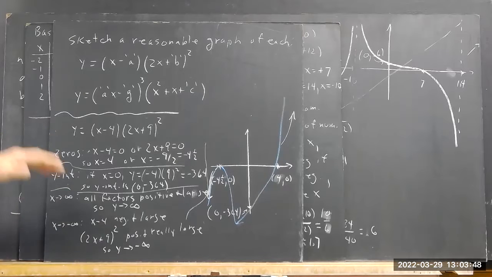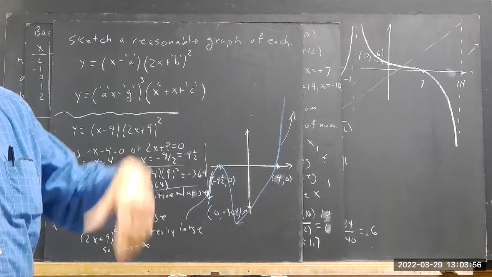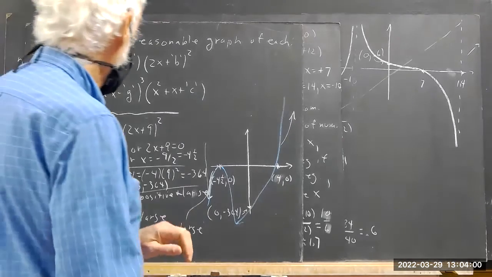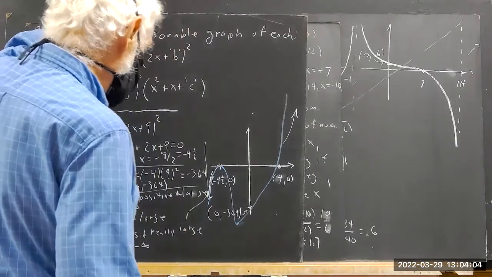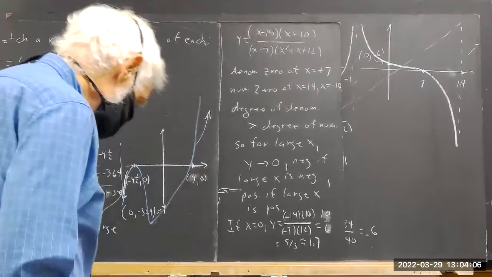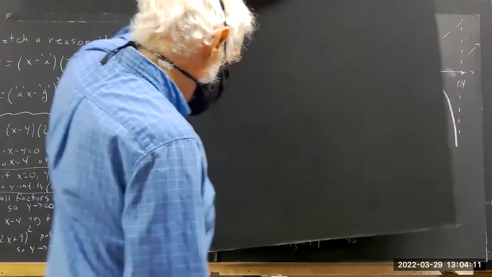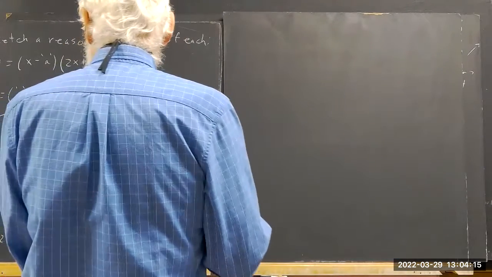Now that's a few steps and there are things to understand. You want to be sure you understand those things because before long, we're going to be graphing rational functions, which have vertical asymptotes and stuff. And it's a little more complicated. Okay. So we have another one, and it illustrates another thing which can happen. So let's say we have y equals